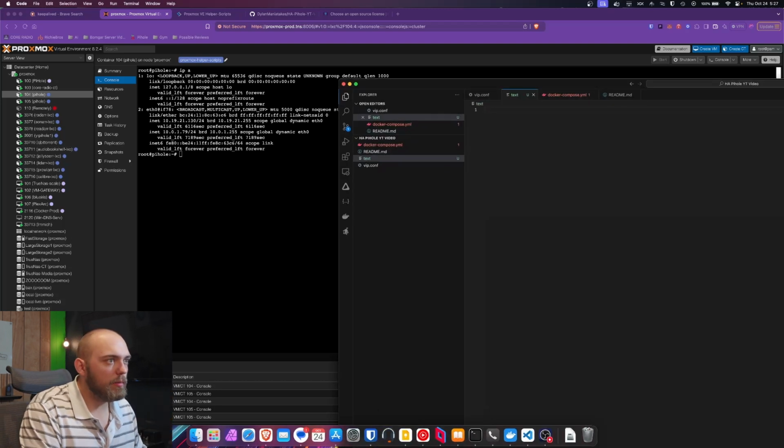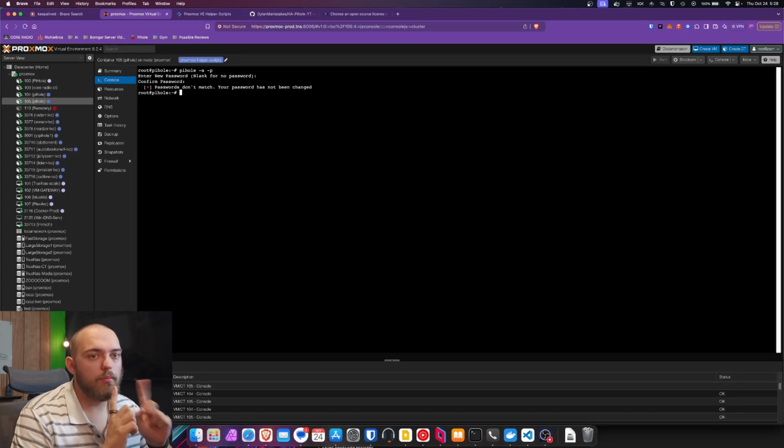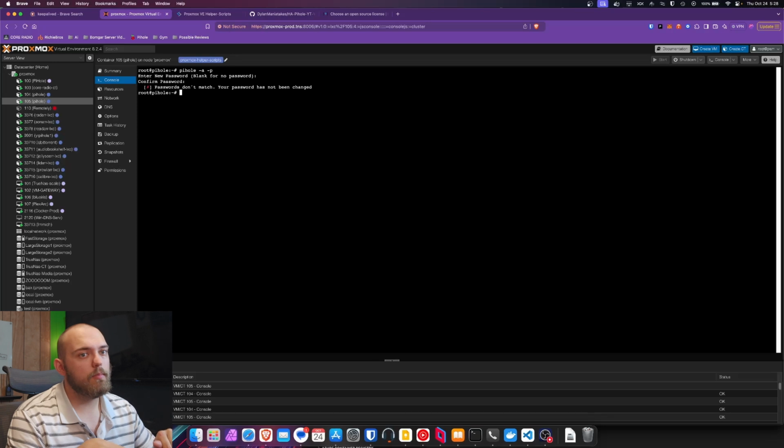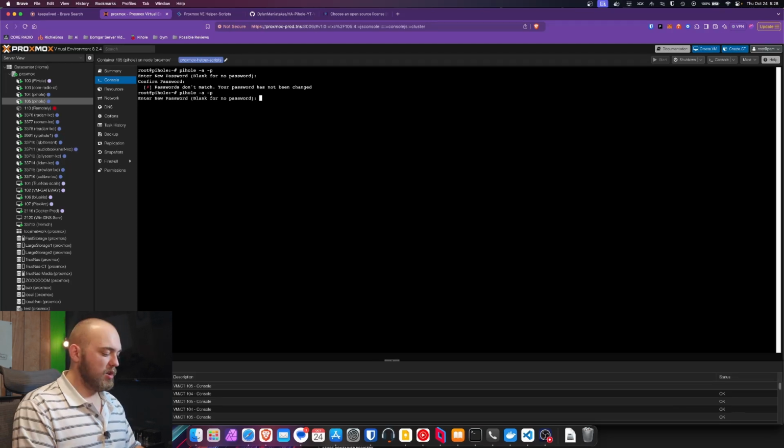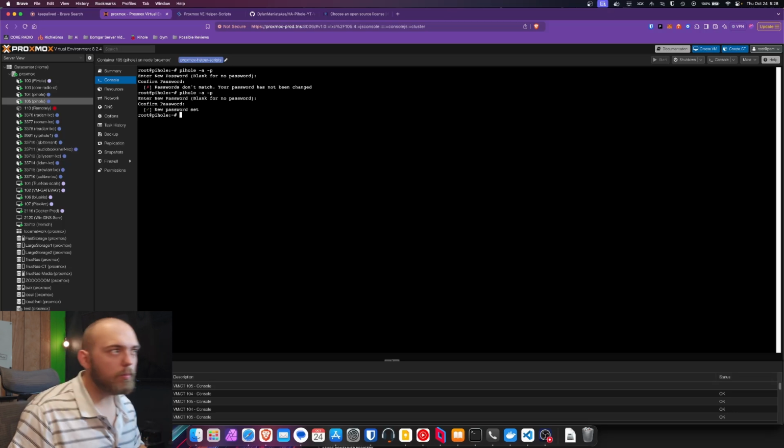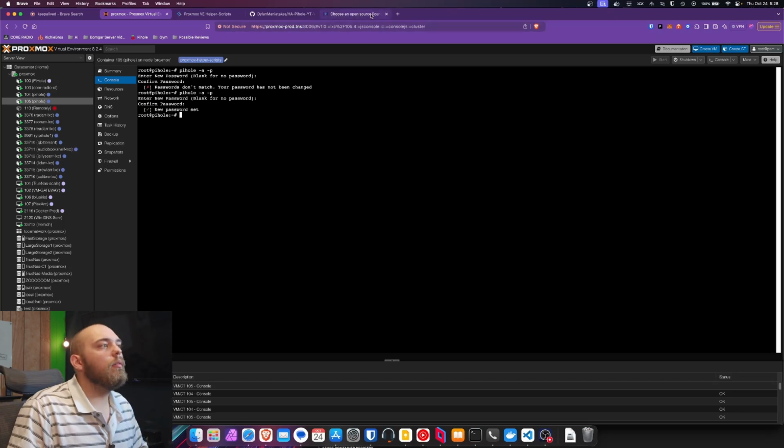VS Code popped up. We're going to be doing some more work in VS Code here in a bit. Once you install from the script, if you're using the script, you want to come into the root console of your container and run this command, pihole -a -p, and enter a new password. We got a new password. Cool. So now,